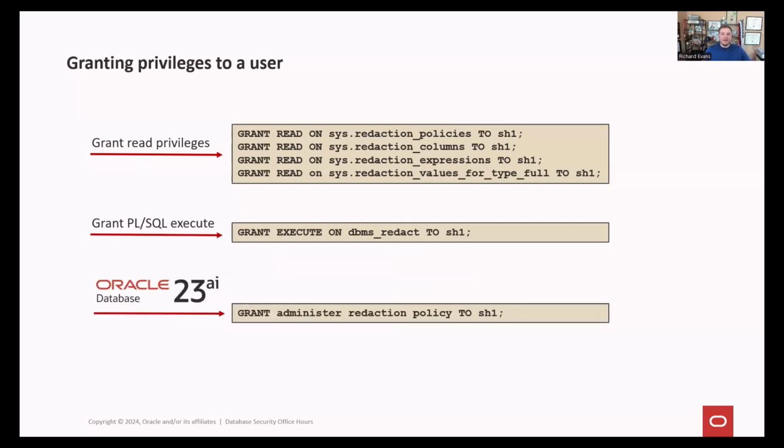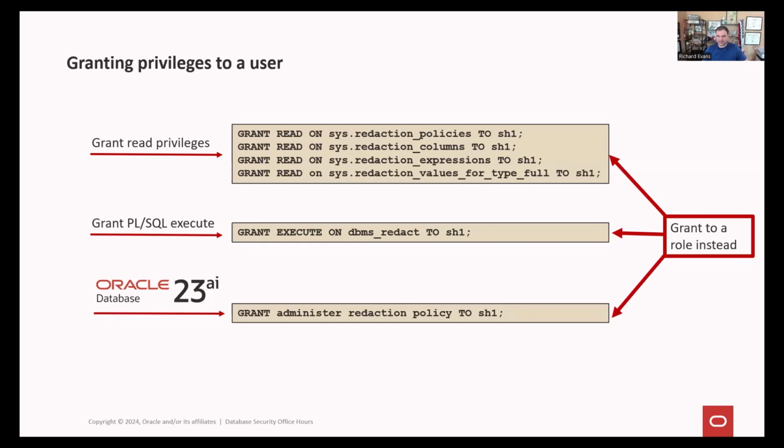In 23ai, we've introduced a little more control here, where we want to grant administer redaction policies so they can actually administer these policies on the objects. Previously, you didn't need this, but we want to control who has access to administer these redaction policies. So we've created this system or schema level privilege that you can grant.